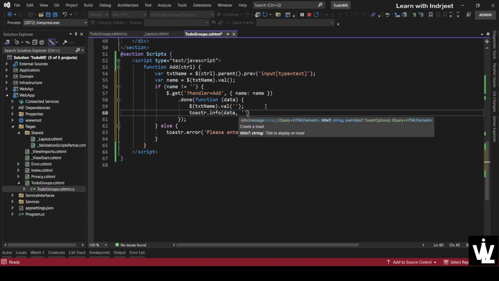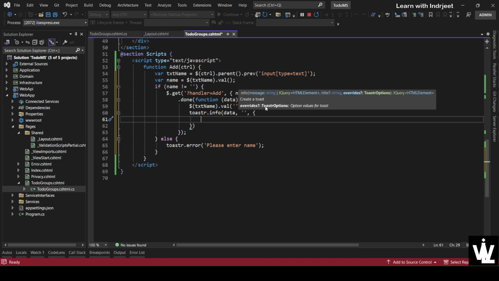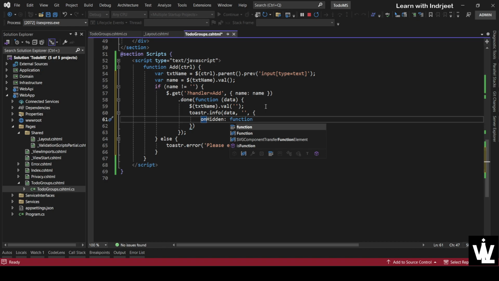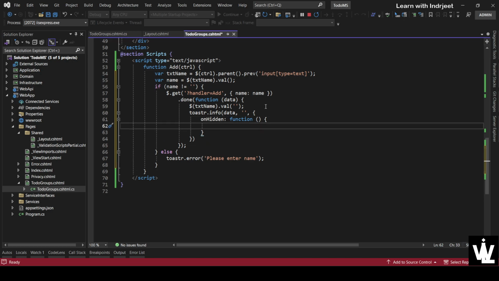We'll have no title, and inside of the toaster options we want to reload the page, so there is an onHidden option which can call a function, and in that function we want to say window.location.reload,